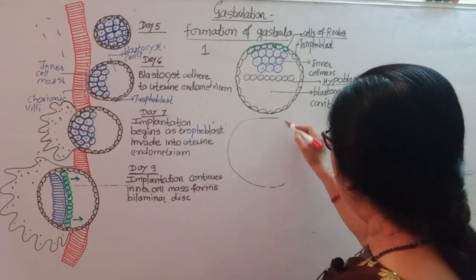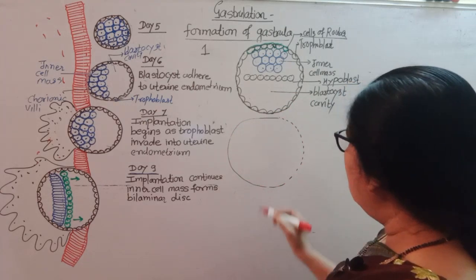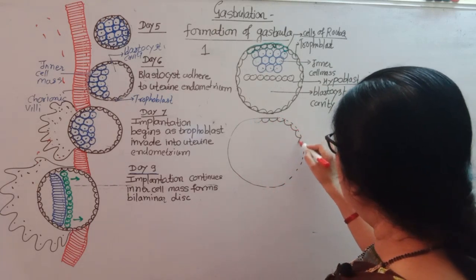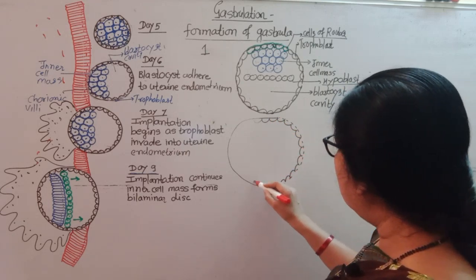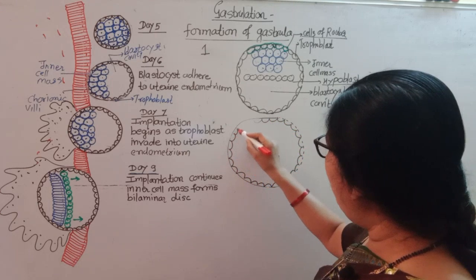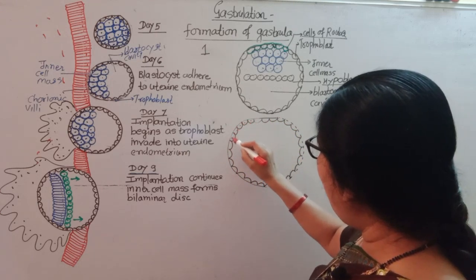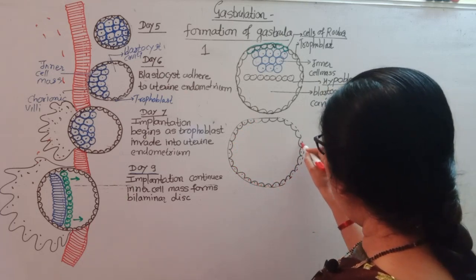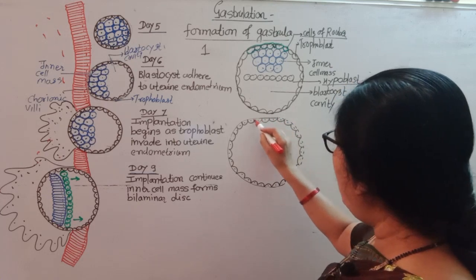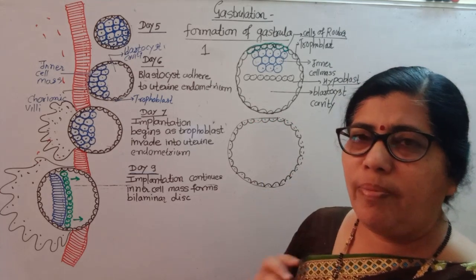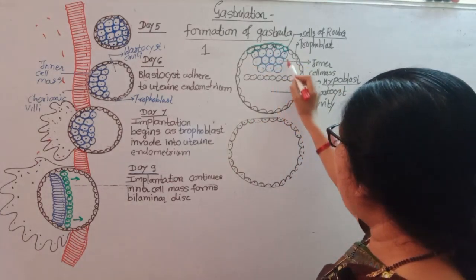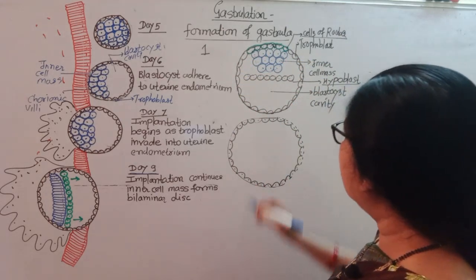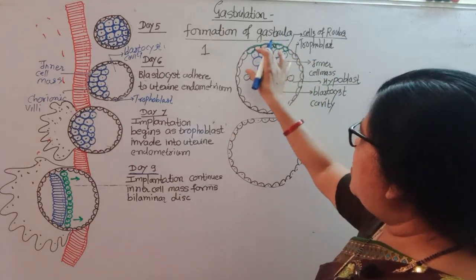The trophoblast layer: cells which are present in the trophoblast layer are called trophoblast cells. Trophoblast cells will form the placenta, and the inner cell mass will result in the embryo proper. So all parts of the embryo will be produced from the inner cell mass, and from the trophoblast the placenta will develop. Then the remaining cells of the inner cell mass